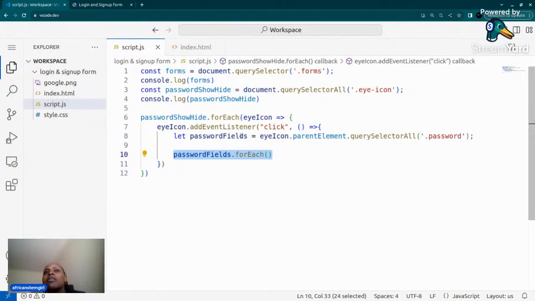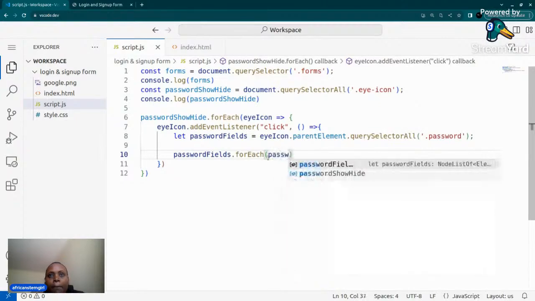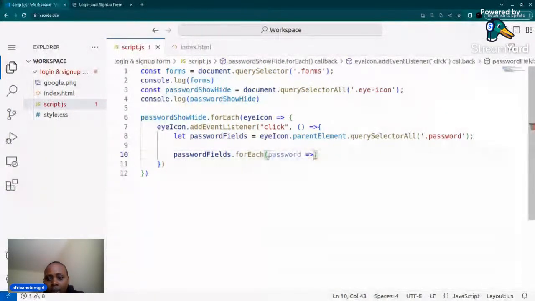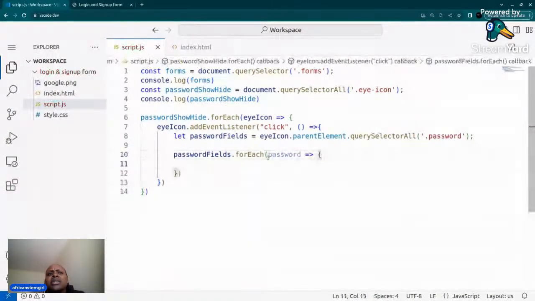Remember, whenever you want to access a group of elements, we normally use iteration, and one of the iteration methods is for each. Iteration basically is calling one element after the other. So I will use for each, and I will say password, and then I'll add my arrow again, and I put a curly bracket. What do I want to happen in this password? I want to say if